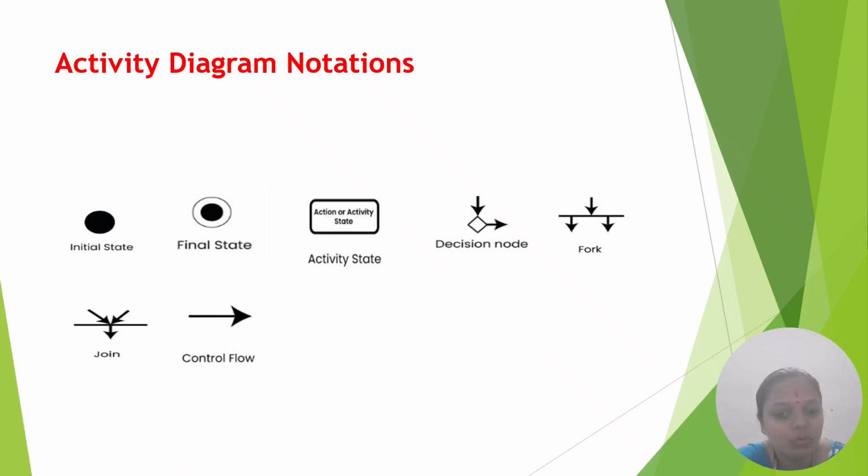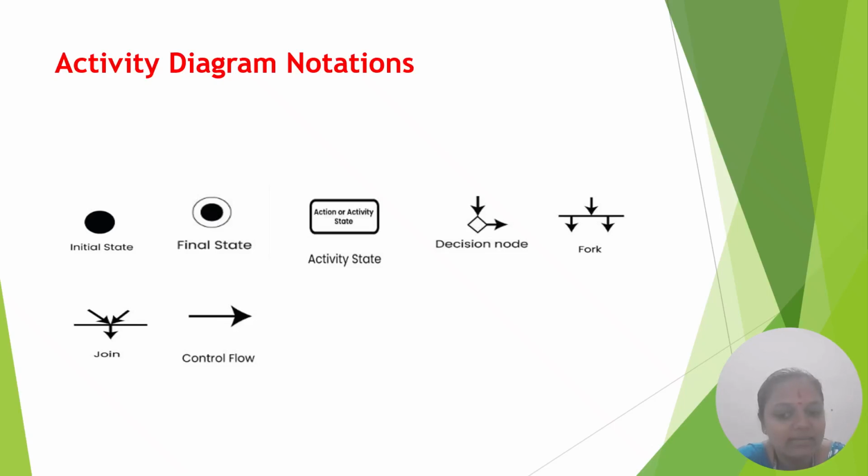Next is fork node. The fork node in an activity diagram is used to split one flow into multiple parallel flows. It represents a point in the process where several activities can occur at the same time instead of one after another. The fork node helps to model concurrent or parallel processing, something that happens in real-time systems where different tasks can run simultaneously. It is drawn